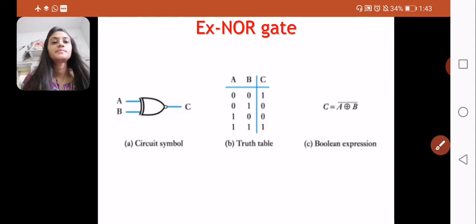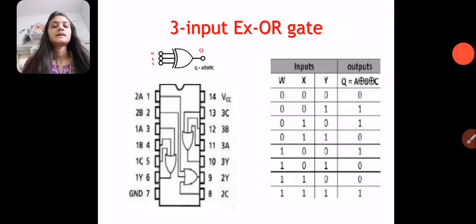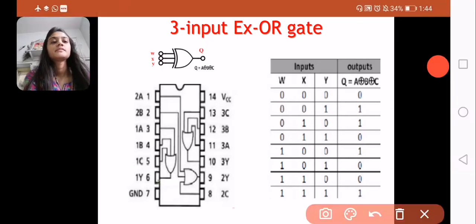Okay, so up to this it was the 7 basic logic gates, its symbol, its truth table, its equation and ICs. Last we will see the 3 input XOR gate. As I have told earlier, more than 2 inputs are possible in each gate except the NOT gate. So if 3 inputs are given and we have to perform the XOR operation, how will it be done?